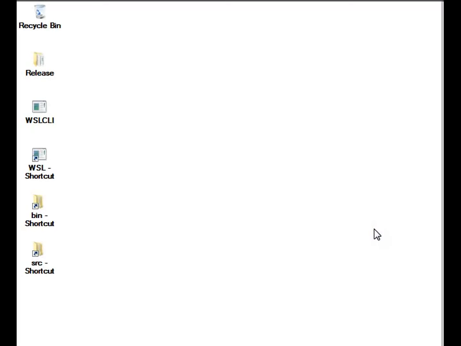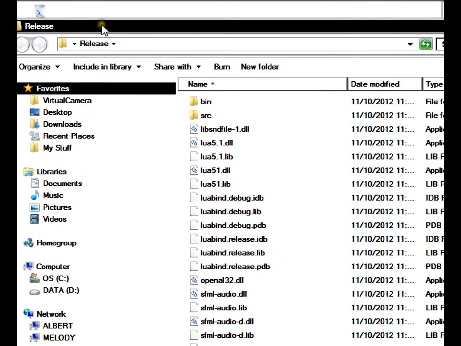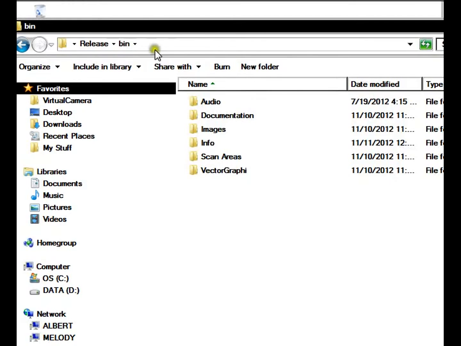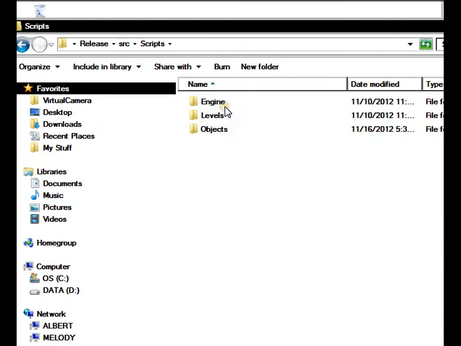Today we'll be covering the engine scripts. Now there are a few aspects that we'll be covering in other tutorials that may apply to these scripts, but we're going to cover some basic things today. You won't need to do too much with the Whitestorm Lightning CLI for this tutorial. Let's get started. So the engine scripts are states of the engine, sort of like the entity states, except there's